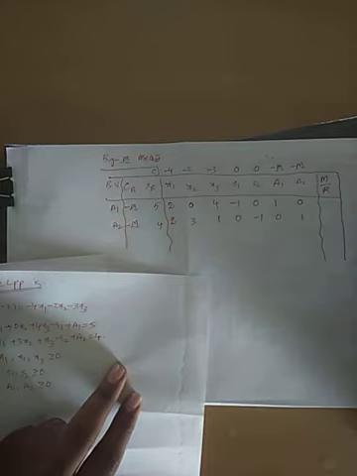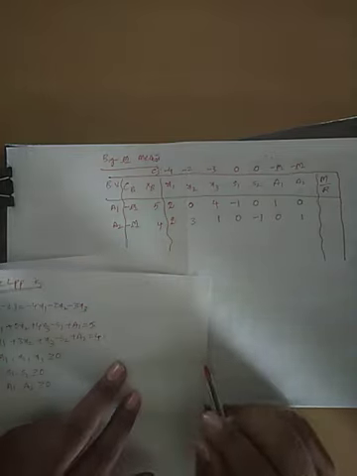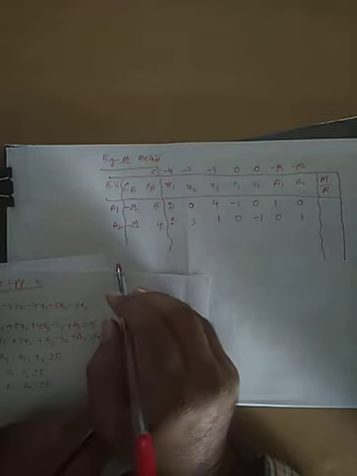And we solve the problem as it is, just like our ordinary simplex method. What is that? Calculation of net evaluations, choosing the most negative element, identifying the key column, key row, intersection point, key element, convert that one into 1, other column elements 0, same procedure. But here instead of numbers, algebraic terms will be there. Carefully you need to do it. That's why this method is called the big M method.